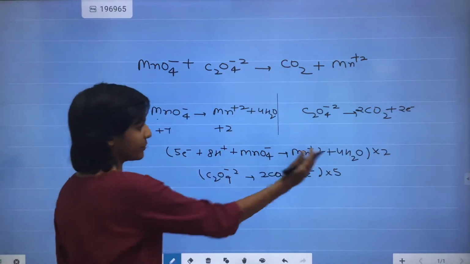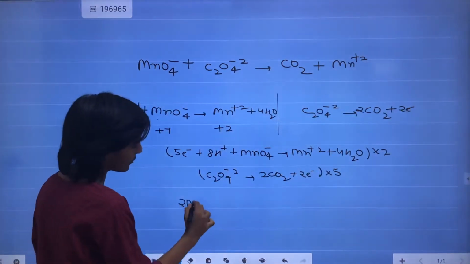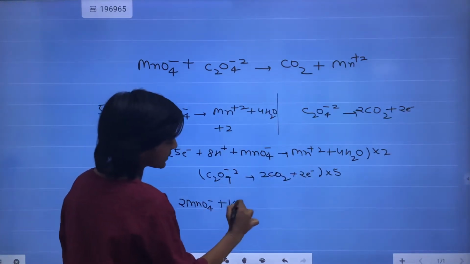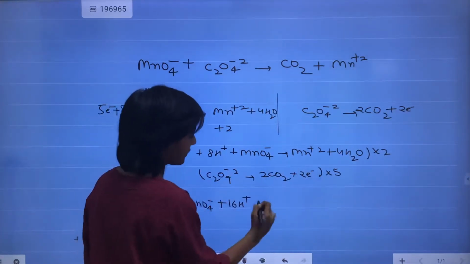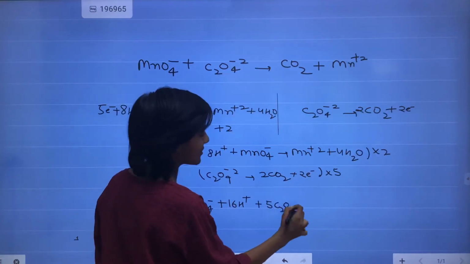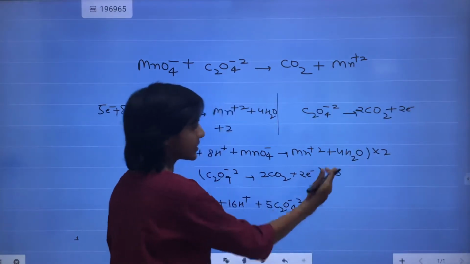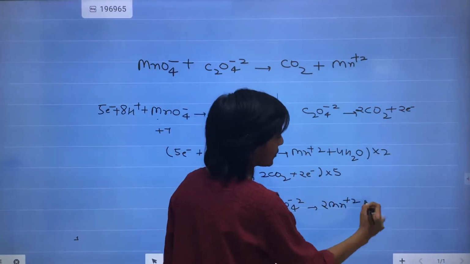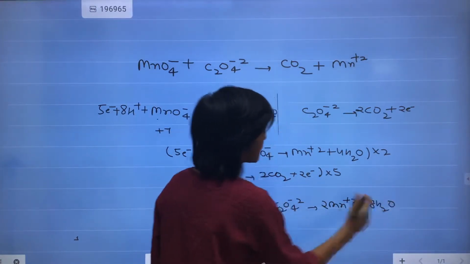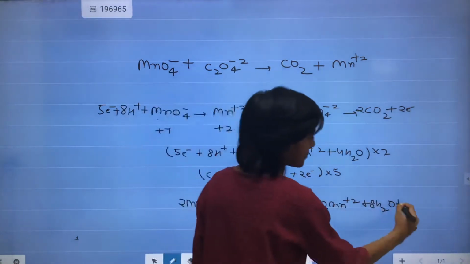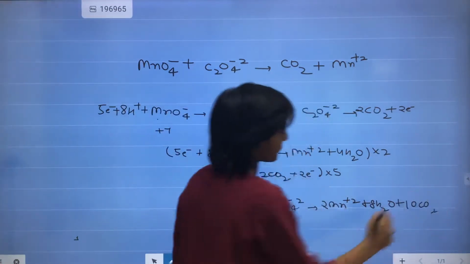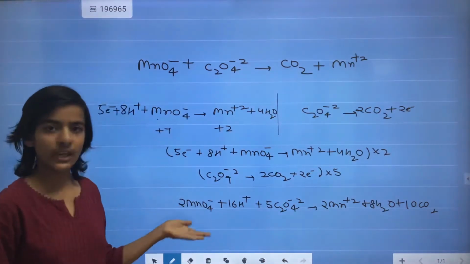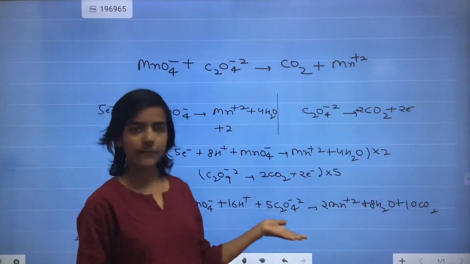Other than that, it will be 2 MnO4 minus, 2 into 8, 16H plus, and 5 C2O4 minus 2, and this will give 2 Mn plus 2, 2 into 4, 8H2O, and 5 into 2, which is 10 CO2. So the reaction is balanced, and we read it like this: 2 moles of KMnO4 oxidizes 5 moles of oxalate